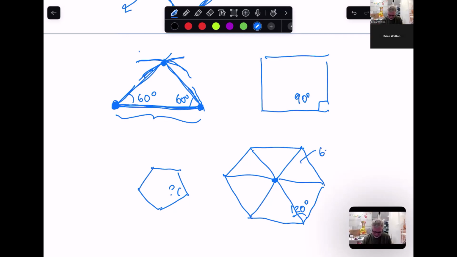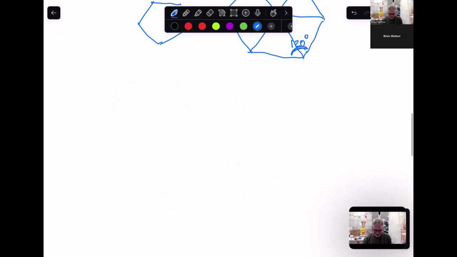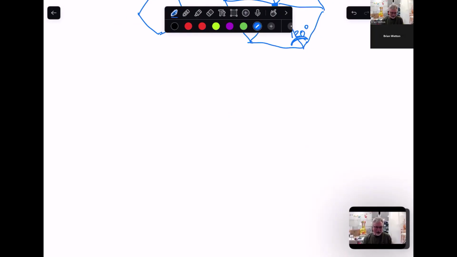And so this is 60 degrees. This is 60 degrees. And so then the big angle, right, is just the sum of those two, which is 120. Again, I'm going to come back and show you a way to figure out what the angle would be for any of these shapes. But before that, and it'll lead into the construction,